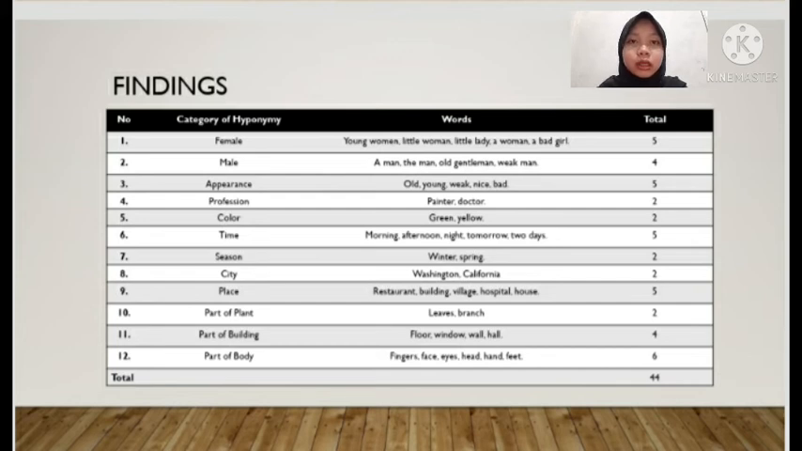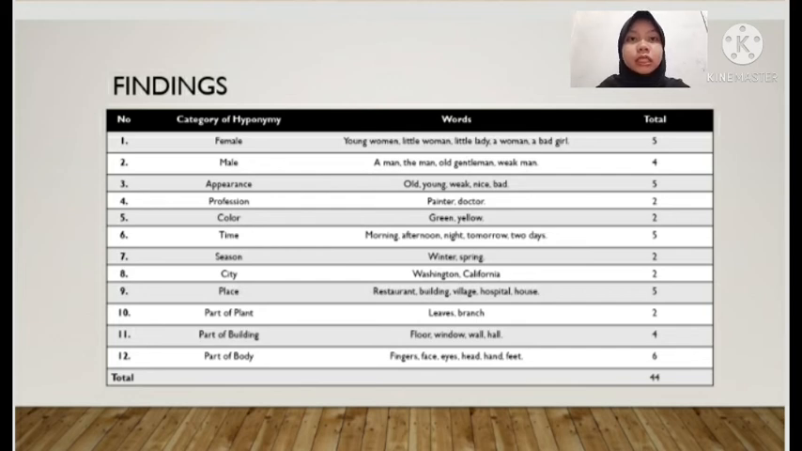Number 3 is appearance. The words are old, young, weak, nice, and bad. Number 4, profession, and the words are painter and doctor. Number 5, color. The words are green and yellow. And